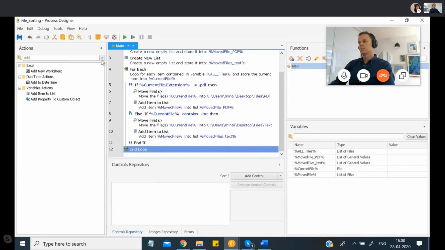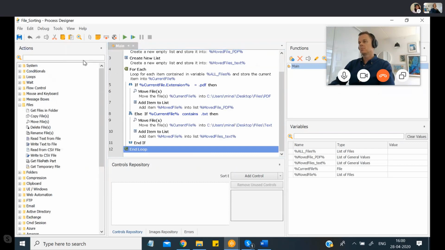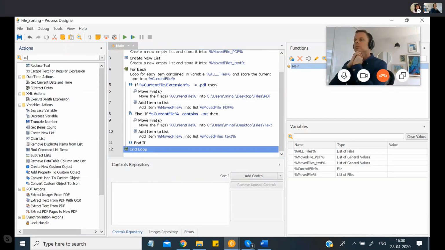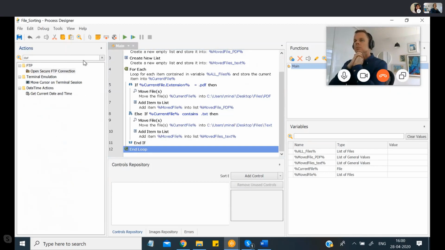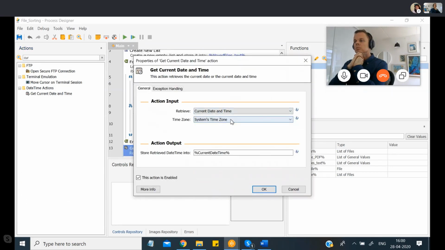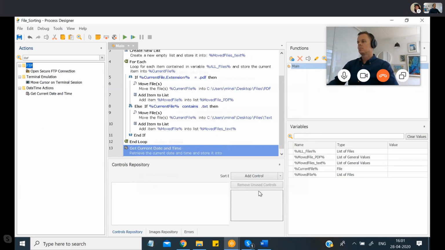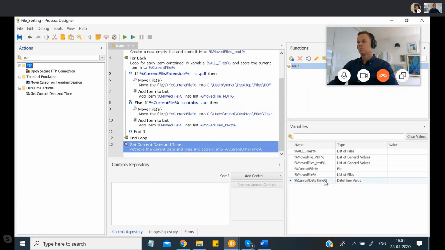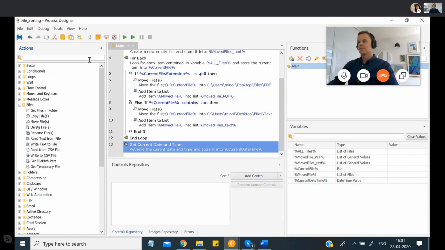So for that, first of all, I need to know the current date. So to know current date and time, I can use this activity called get current date and time. This will automatically get me current date and time according to the system's time zone. Okay, that's it. I don't need to do anything. This variable date time is created and it will actually store the date time in this variable. So once I do that, probably I'll format